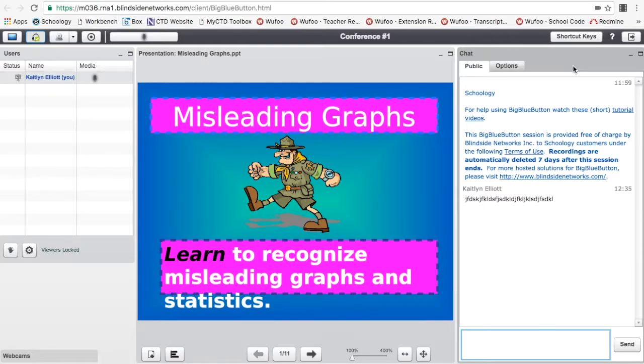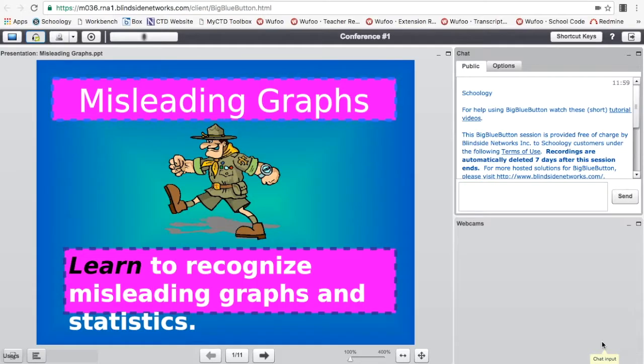Over here on the right-hand side, we have our chat box. The way the layout is set up here allows the chat to be next to the presentation. If you wanted to change the layout, you could have more of a presentation meeting, and that wouldn't show the users, and it would show the chat or the webcam. This might be nice if you don't necessarily need to see the list of students in the course, or if maybe while you're presenting, you just want them to focus on the